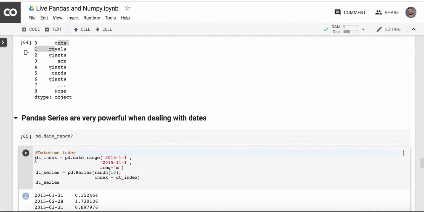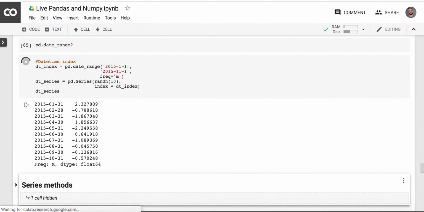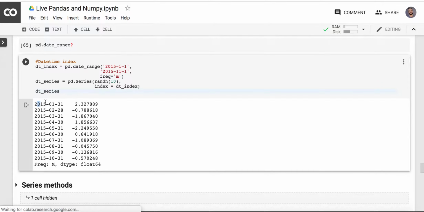So we're going to create a DatetimeIndex. We're going to give it the start. We're going to give it the end. So it looks like we're starting January 2015 and we're ending in November 2015. And we're going to do a frequency of a month. We're then going to create a series with a random number in each one. So we're using that random number generator. And then we're passing it the index being this DatetimeIndex, right? That's super useful. So when I run this, now I have a number that's affiliated with each of these dates,